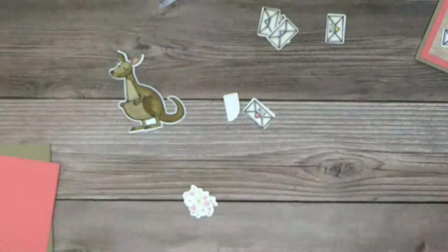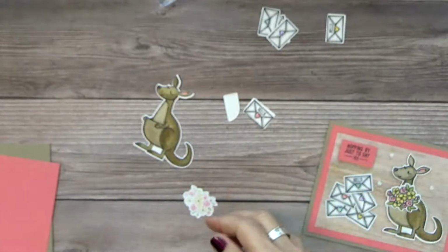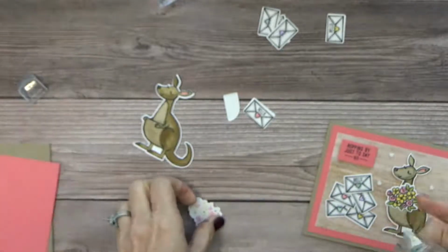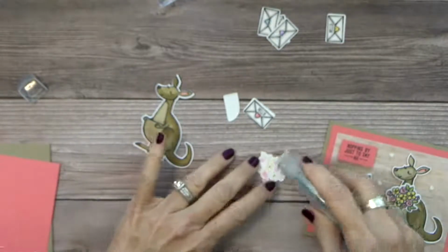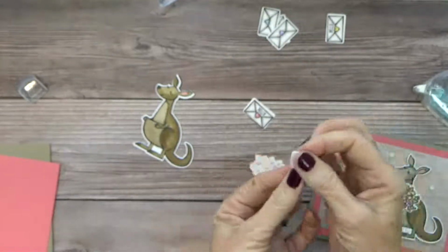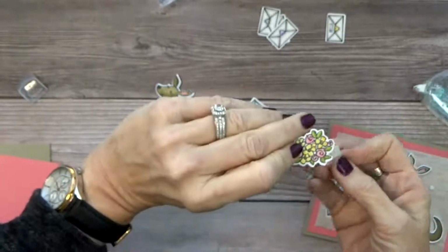Okay, all done with that. So now we're just going to put it together. I'm going to use a little bit of seal, and I'm going to put it right behind. Oops, I did it the wrong way. There. I'm going to put it right behind this little bunch of flowers. And this is the thing that you're going to use to go down inside of the,